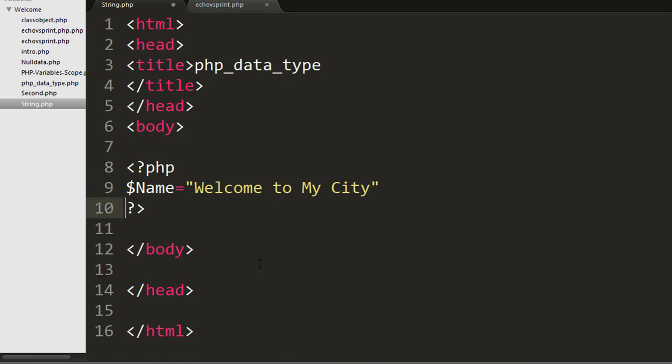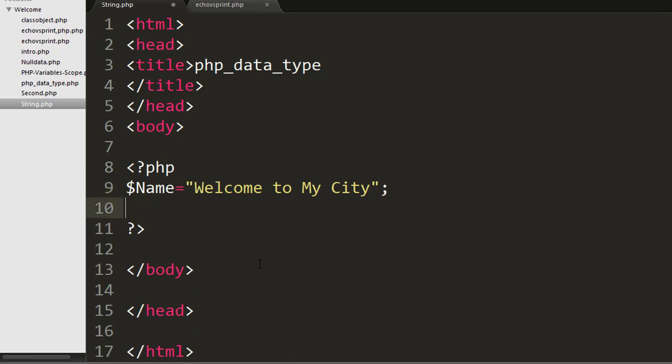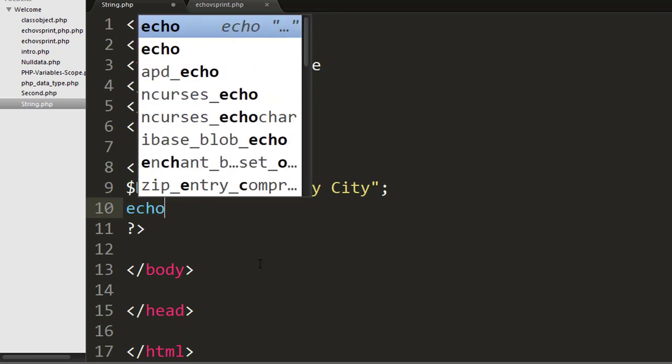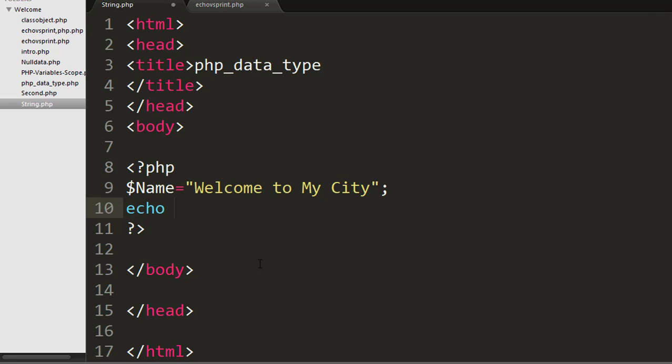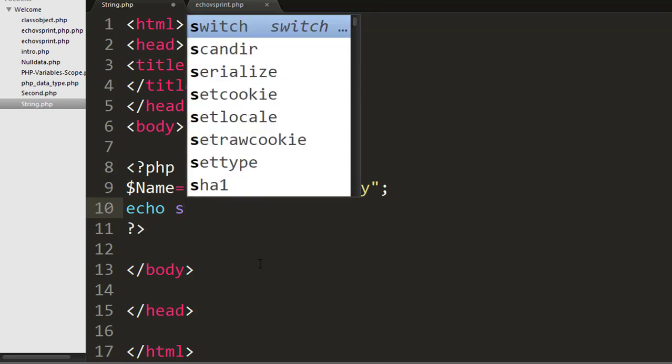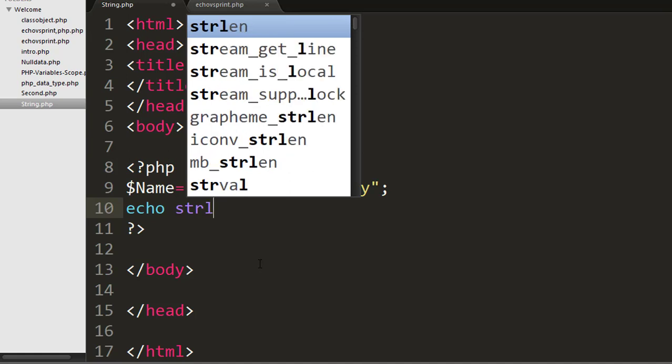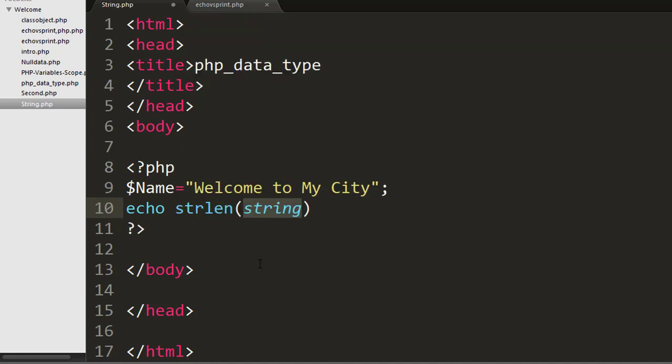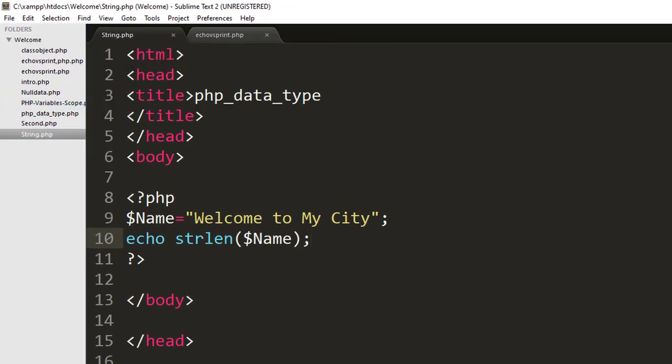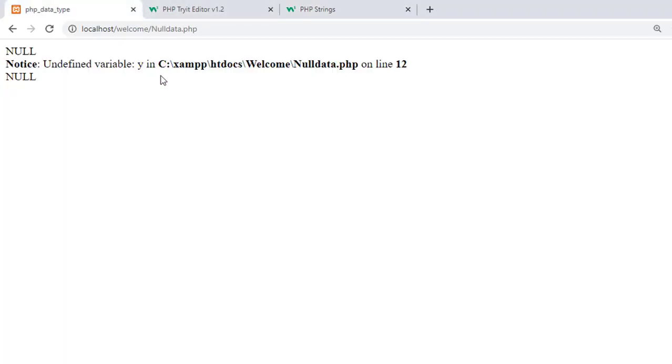I'm putting this string here and using echo strlen with $name. Put it here, save and run it.